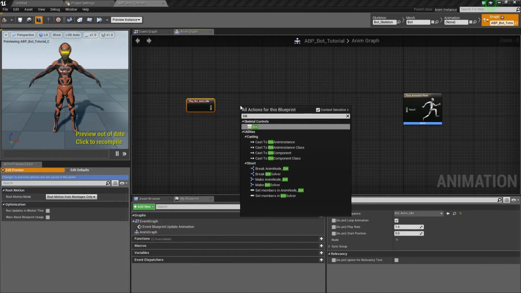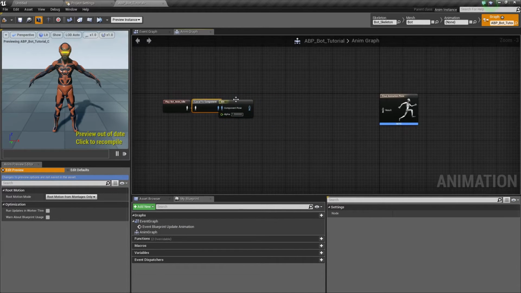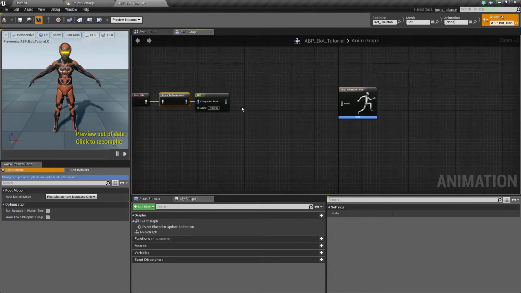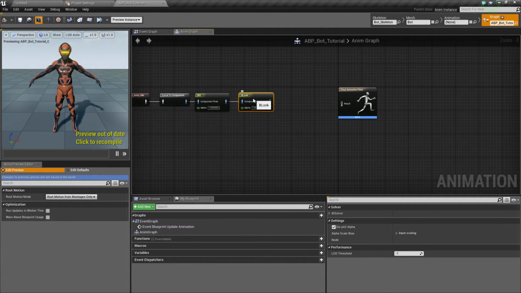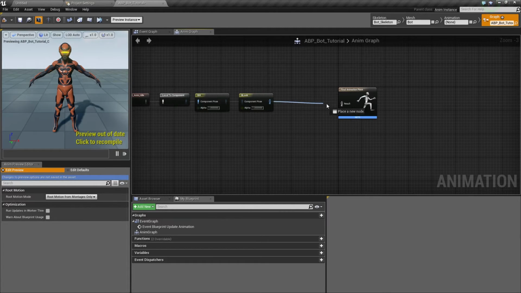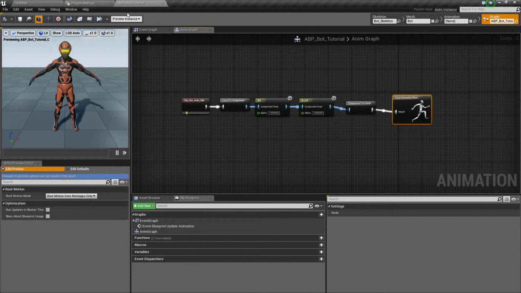This will be piped into the BIK node, which will be used for solving for hand positions to hold the weapon. And this will be piped into a BLOOK node, which will solve for aim after the hand positions have been solved. And this will finally result in our final animation pose for this example. I'll hit compile and save,